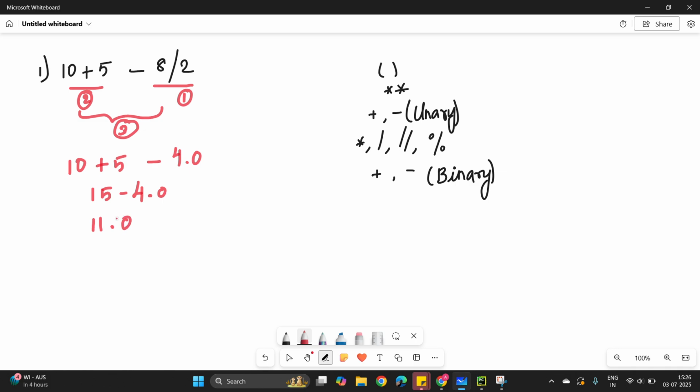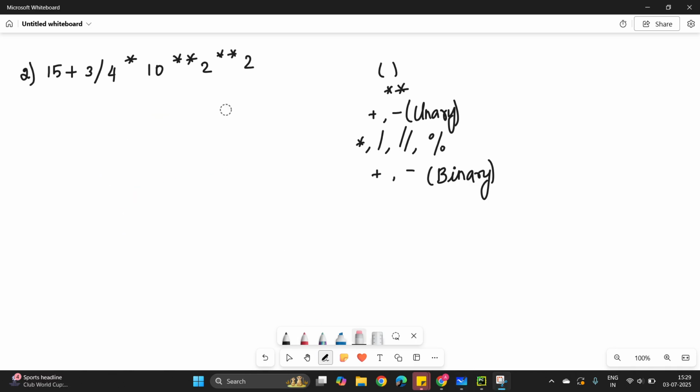Okay, and now let's see another expression. So this is the expression that has to be evaluated now. Now let's write in which order it will be evaluated. So this will be evaluated first. Exponent is the only operator that is evaluated from right to left. So it will be 2 power 2, and then again 2 power 4 will be evaluated. So this is second, and after that 3 by 4 is the next precedence. So this will be evaluated third,